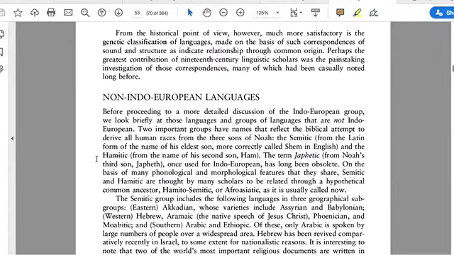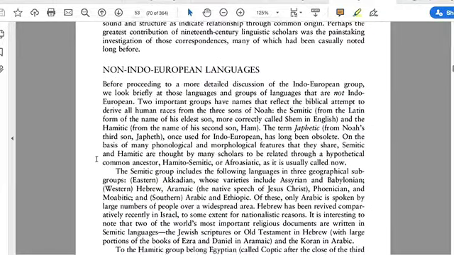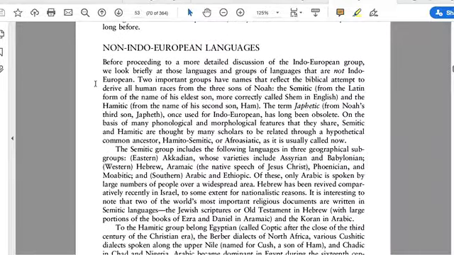And then we get to page 53. And we finally talk about non-Indo-European languages. For those of you who speak Kurdish natively, or consider that to be your native language, you'll learn a lot about the background of your language. For those of you that speak Arabic natively, or think of that as your native language, this is the part that goes into the non-Indo-European languages and where they come from.